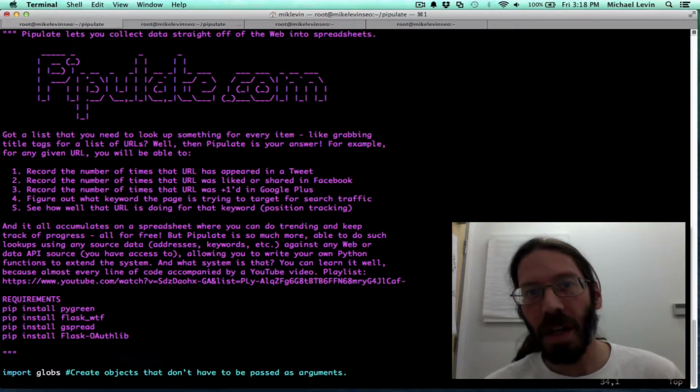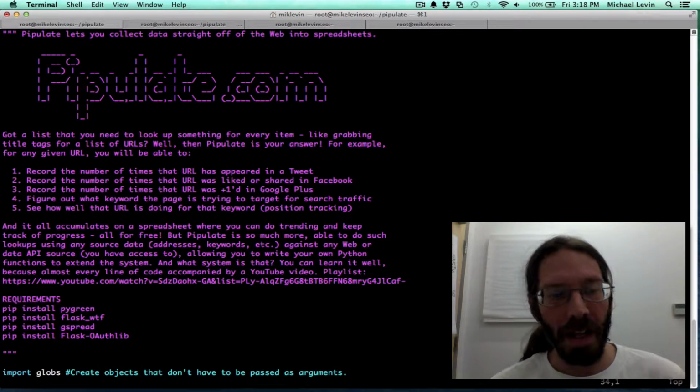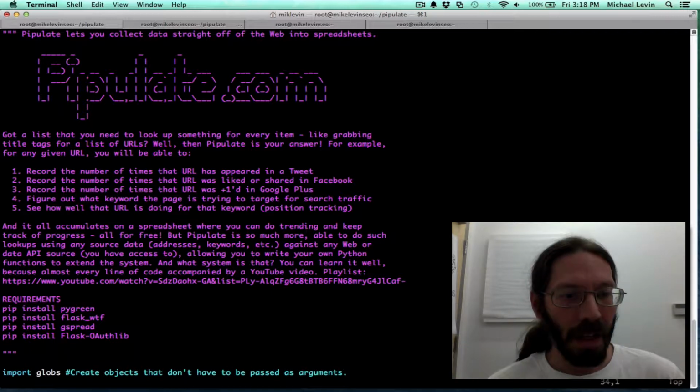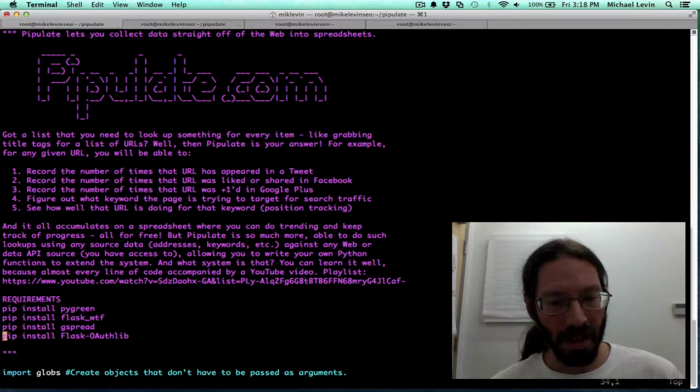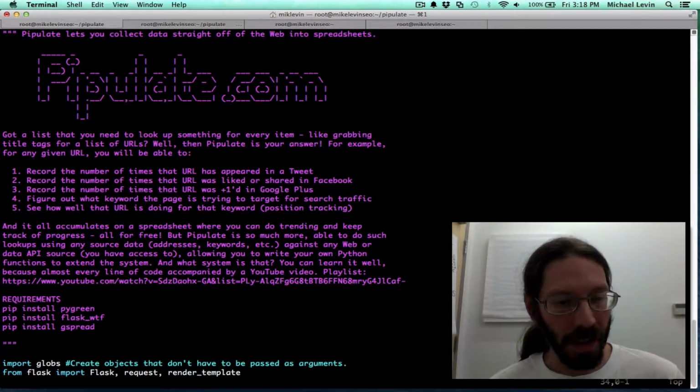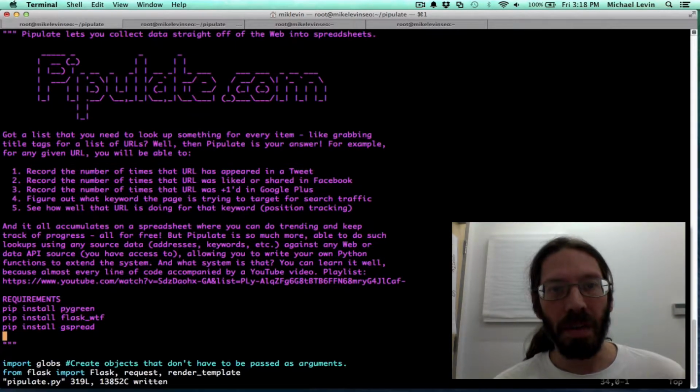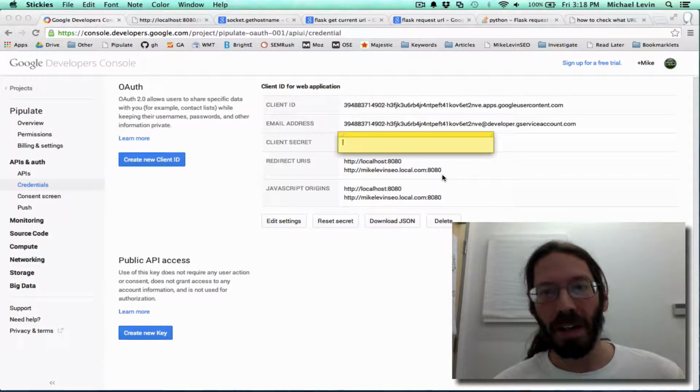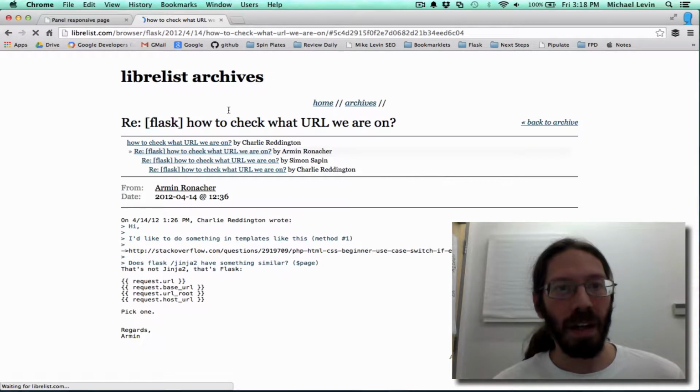Today I'm going to finish out the OAuth2 login project, and when last we left off I had thought I needed this Flask OAuth lib. I don't, so getting rid of that is my first order of business. My second order of business is to point out here that we are actually on